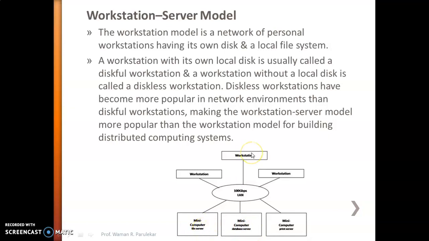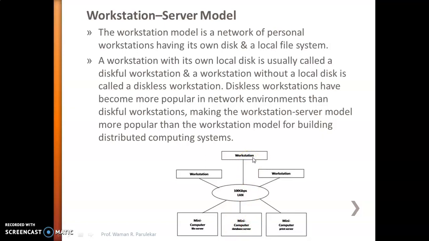Suppose you want to do a particular job, something like a printing job, or you want some data that you want to fetch from a database, so you need this mini computer server. For that task only you are going to send a request to the mini computer database server, and you will get a response from this mini computer on your workstation.